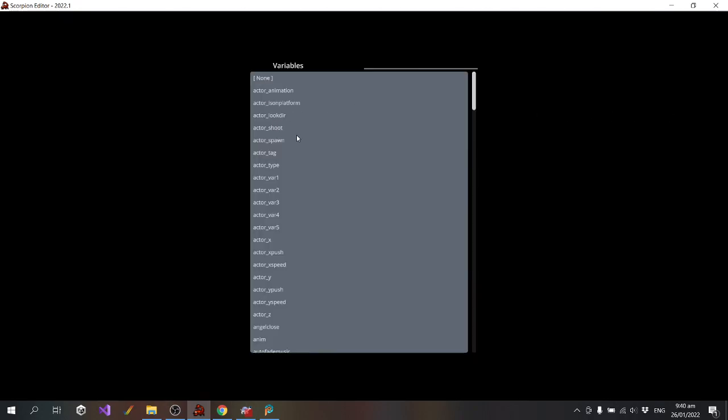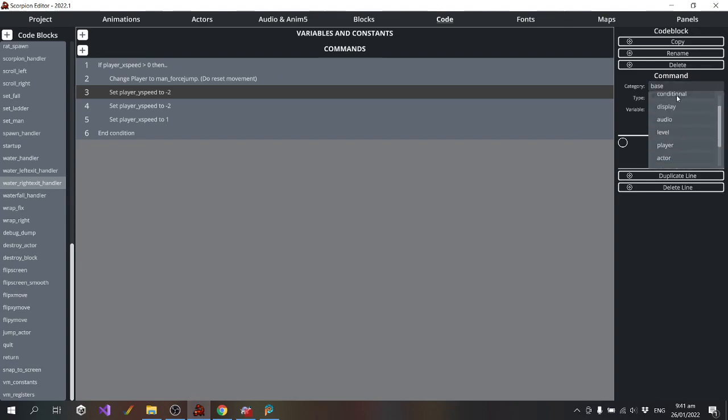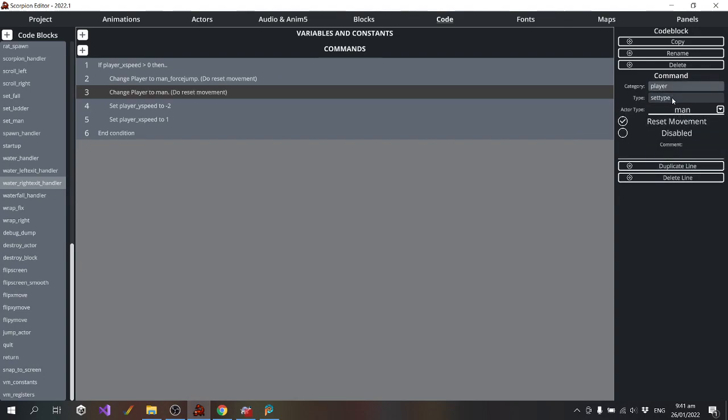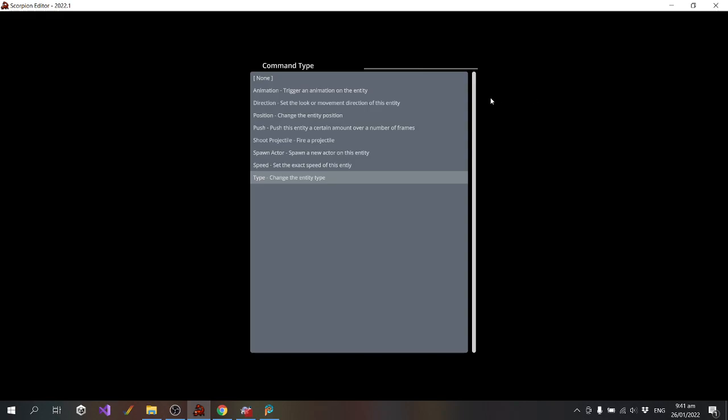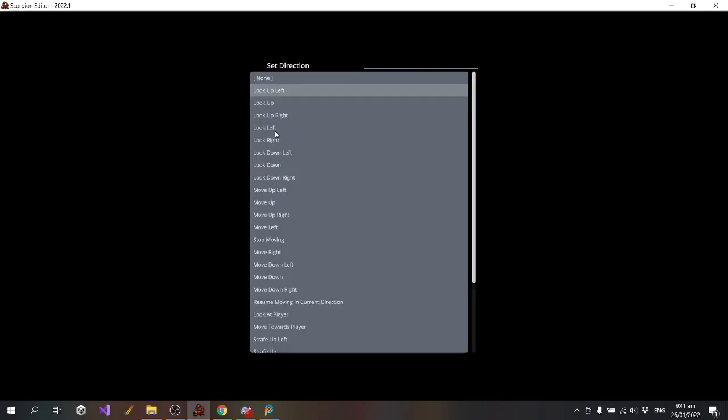I need to set the look direction. To upright.